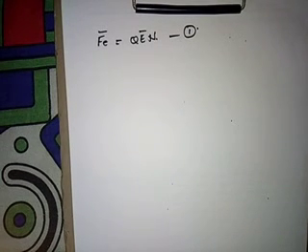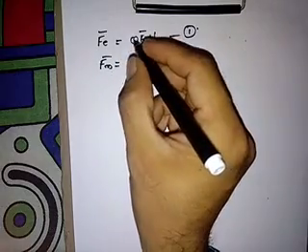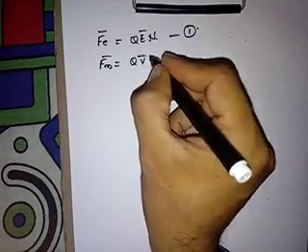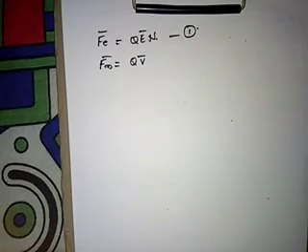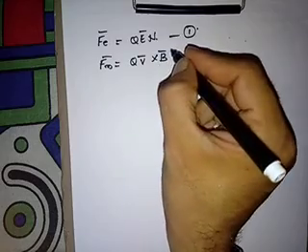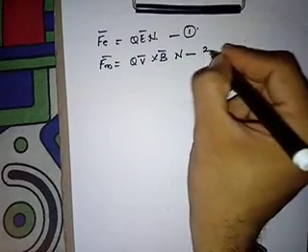Similarly, now the force experienced by the charge in a magnetic field, that is Fm bar. This is given by the product of the charge into the velocity with which it is moving, multiplied by the magnetic flux density, magnetic field, that is B bar. This is in newtons. Take it as equation 2.